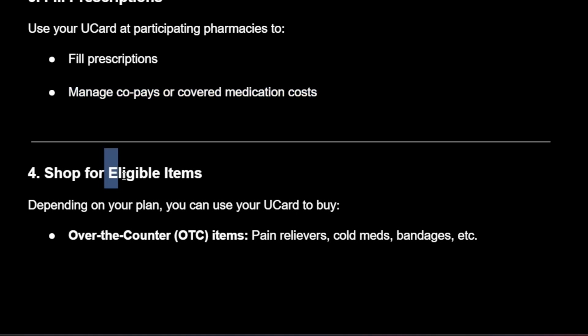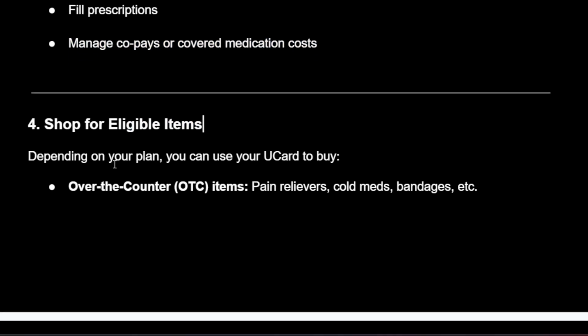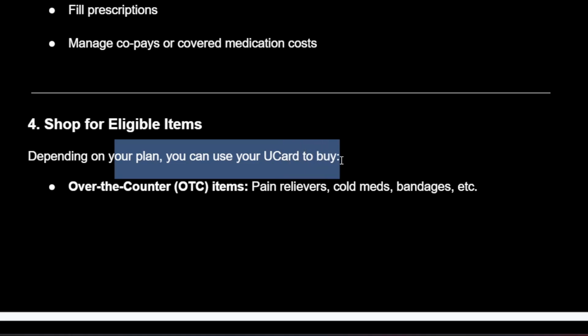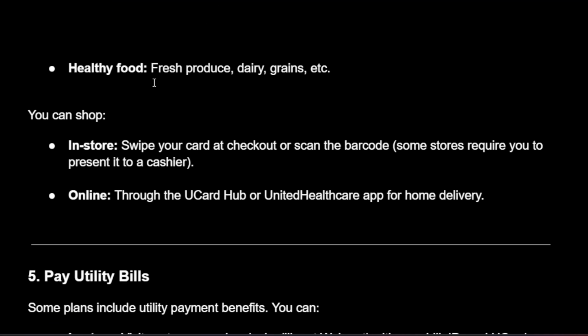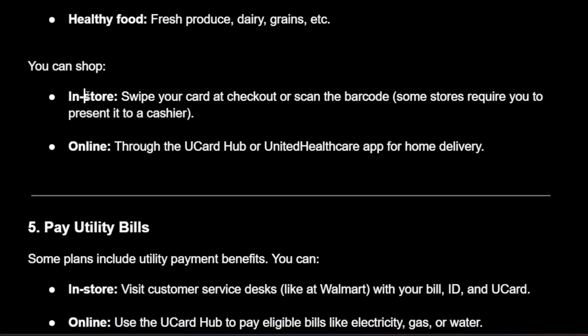You can also use it to shop for eligible items. Depending on your plan, you can use your UCard to buy over-the-counter items such as pain relievers, cold meds, bandages, etc., healthy foods, fresh produce, dairy, grains, etc. You can shop in-store. You have to swipe your card at checkout or scan the barcode. Some stores require you to present it to a cashier, or online through the UCard Hub or the UnitedHealthcare app